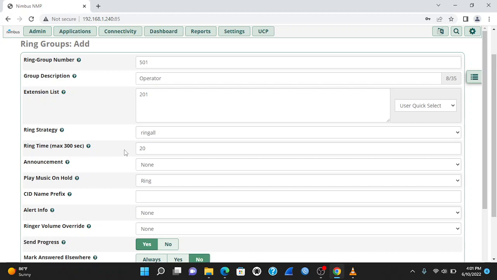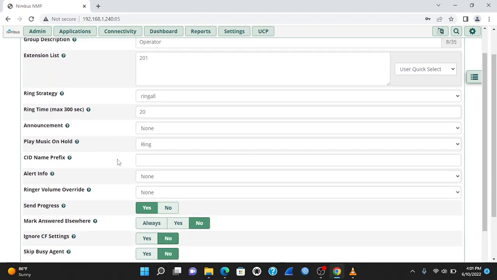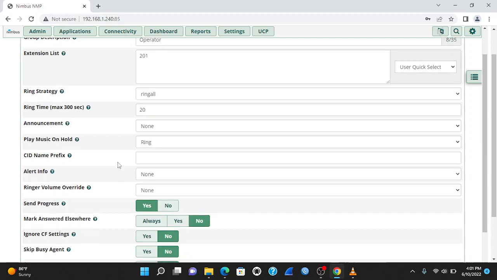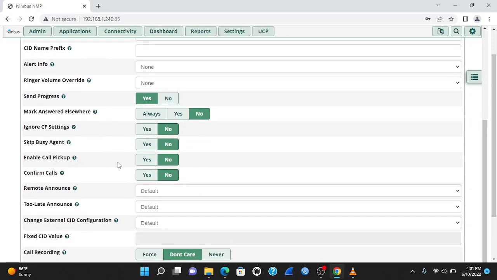Below that, we have our ring time. This is the duration that the ring group is going to ring for in seconds. So we have it set to the default 20 seconds. That is about 4 rings until it goes to the next destination. So I'm going to leave it at 20 seconds. I'm not going to go over any of the information below this, but the next area I want to go over, this is a very important one,